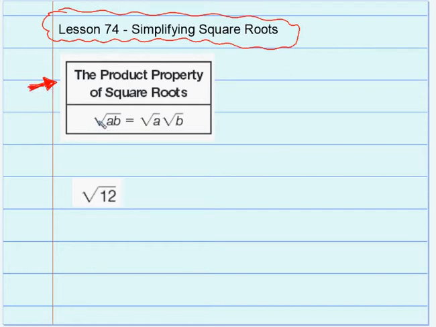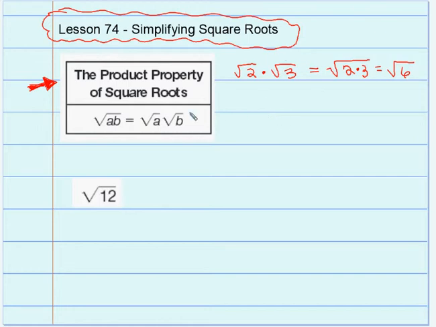What this says is that if you have factors under square roots, you can split them into a square root times another square root. So thinking about this, if I have the square root of 2 times the square root of 3, I could do this backwards and say that's the same thing as the square root of 2 times 3, which would be the square root of 6. Okay, now I could also break that back out to be the square root of 2 times the square root